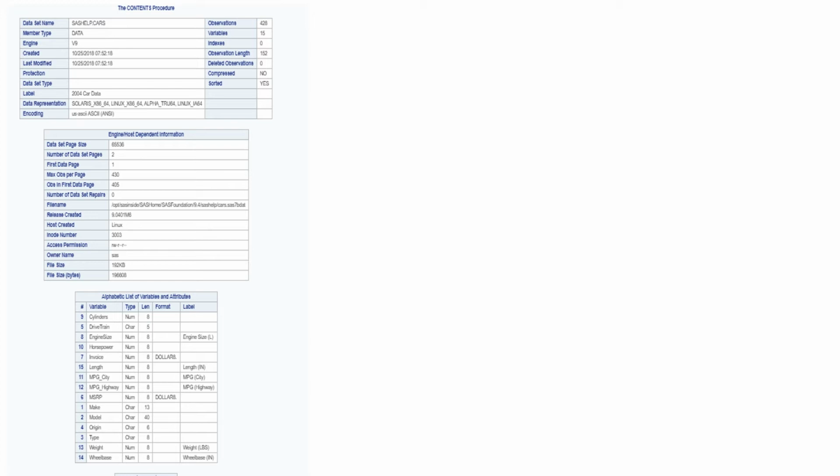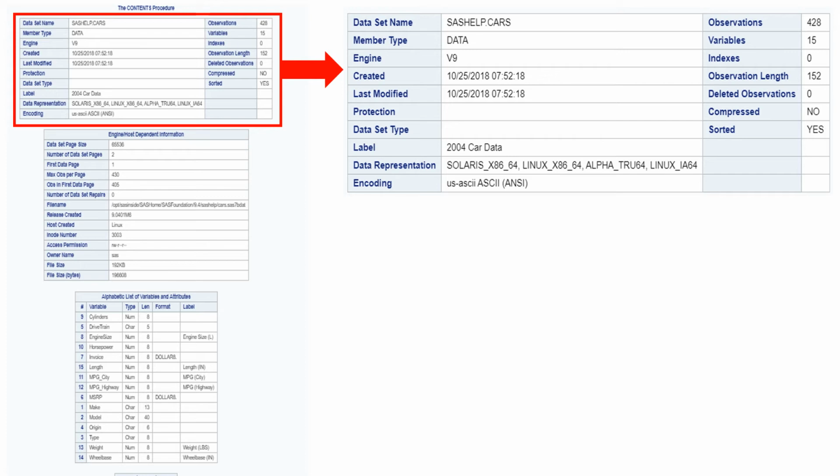What significant information does this report have? Two sections: the first section and the third section. These two sections have information of significance. In fact, all of the information is of significance, but these are the most frequently used and could answer your previous questions. Let's look at this one by one. The first table is this, which we're going to study. It contains all this kind of information. First thing, it tells you the data set name.